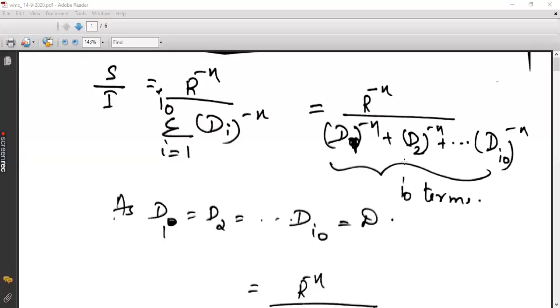Kindly take down this. This is another way of expressing the same SIR ratio. As I told you, the transmitter power is not going to vary. I assume that in all the cells you will have a base station with an antenna, and those antennas will have the same power throughout. So there is no change in transmission power; it is constant in all the cells. So the SIR is going to depend only on the value of radius and distance.